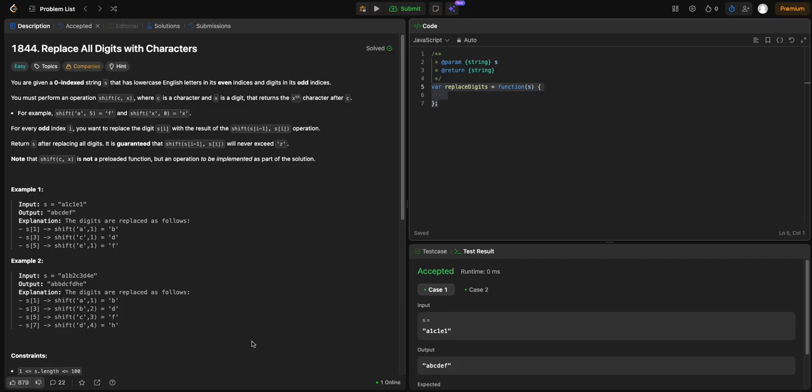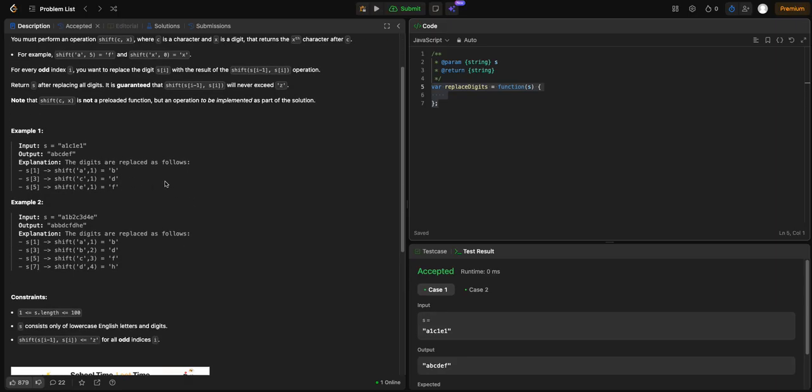Okay, so let's talk about this for a second before we move any further. I'm just going to use these examples because this is kind of confusing. Let's look at this one here. This really cleared it up for me. All right, so every other character is going to be a number. All the even indexes are going to have a letter. All the odd indexes are going to have a number, and we're going to replace the number with